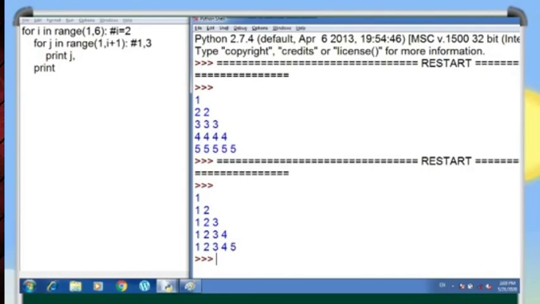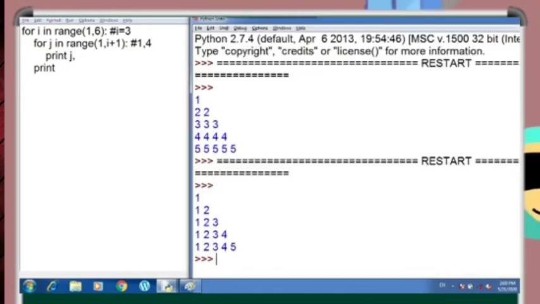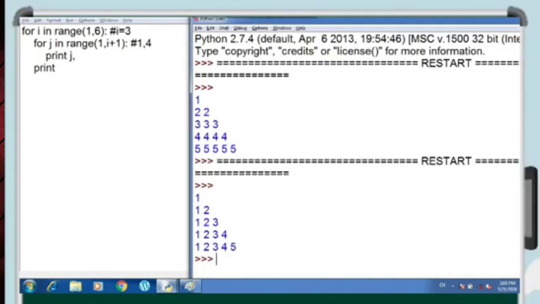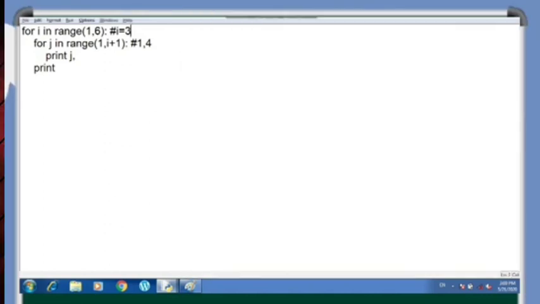And then when the value of i becomes 3, the inner loop for j will continue till 1 comma 4. So the first time the value of j will be 1, it is printed 1, then it will be 2, it is printed 2, and then 3, it is printed 3. 4 will be excluded as the upper limit, and then the value of i will be 4, and the value of j will run till